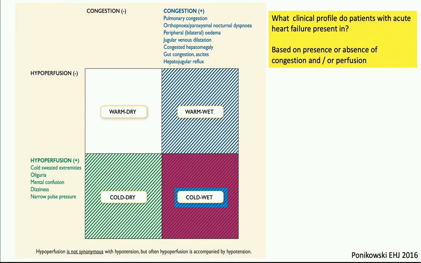Another table from the guidelines is this new, well, old concept, but introduced more formally now in the ESC guidelines: stratifying the patient in front of you based on whether or not there's congestion, or whether the patient has good perfusion or poor perfusion. So the patients are divided into 4 categories: warm and dry, cold and dry, warm and wet, and cold and